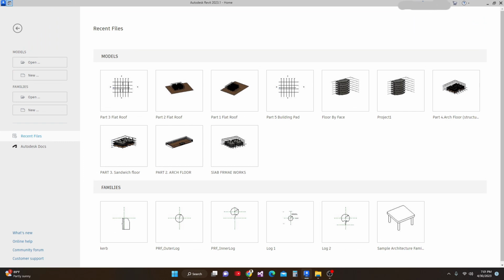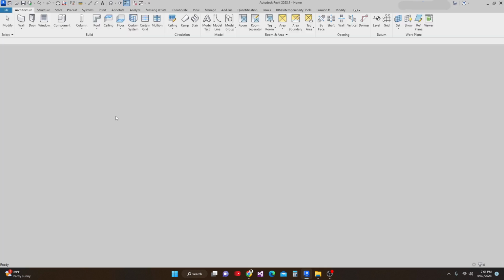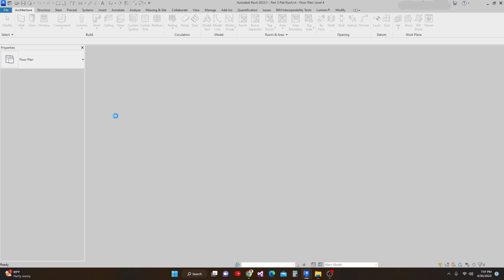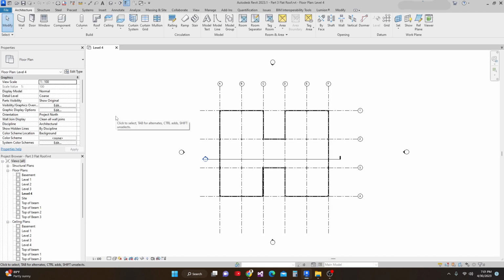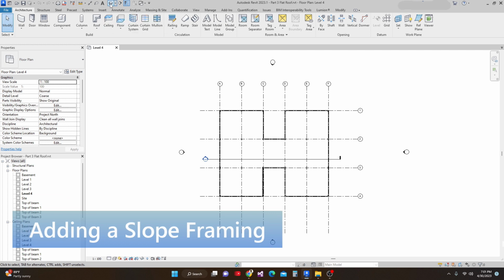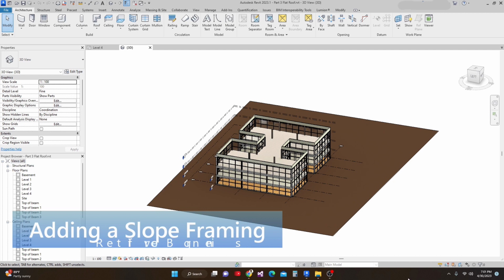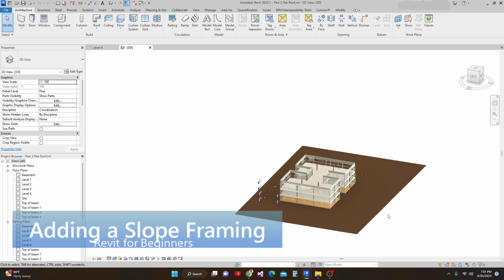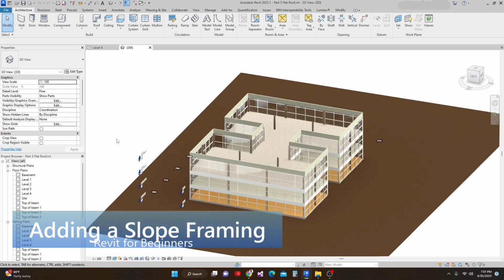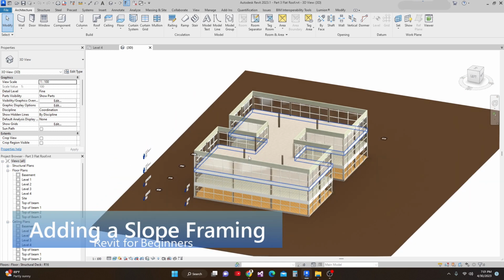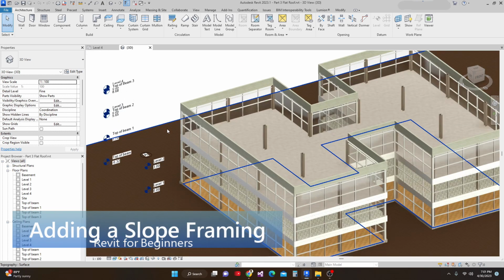Now guys, my Revit is open. Next, I'm going to click this part 3 flat roof and open it. Now it's open. If you want to see it in 3D, it's like this. This is our previous work, and I have deleted all of those beams and framing that we have done before, including this